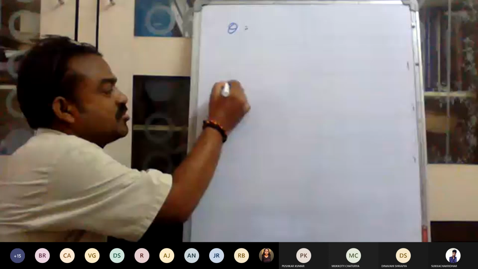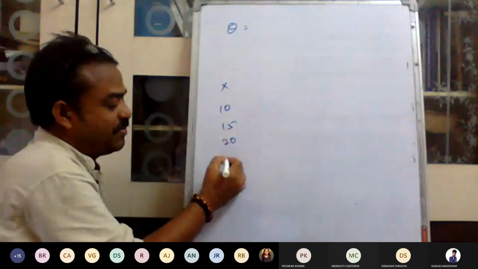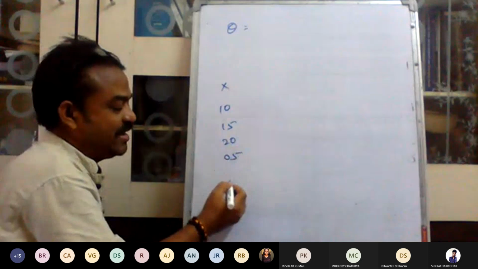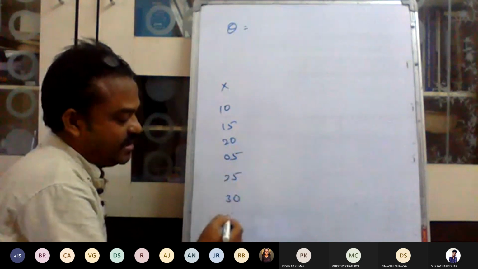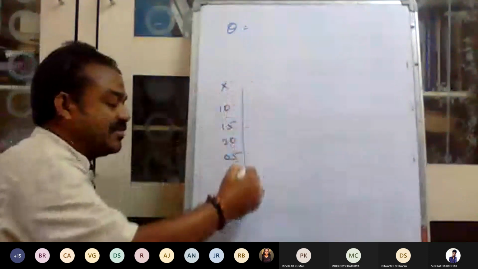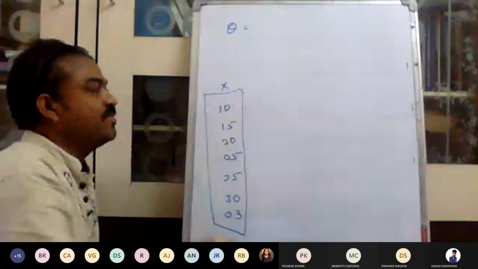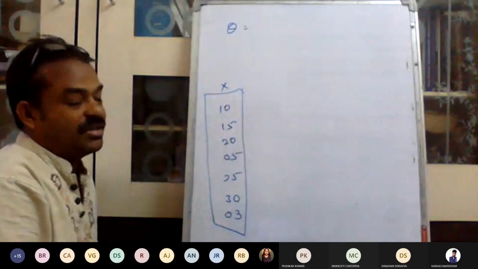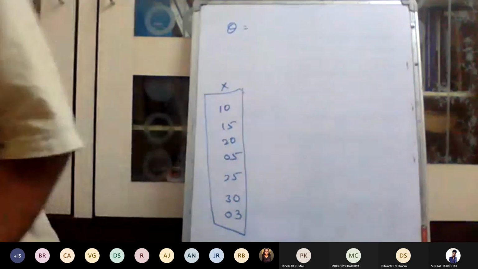For example, one student's marks are 10, 15, 20 in one particular subject out of 30, then 25, then he got 30. So what is the deviation from subject to subject? It means what changes there are. That will be known with the help of the standard deviation, as in individual series, discrete series and continuous series.